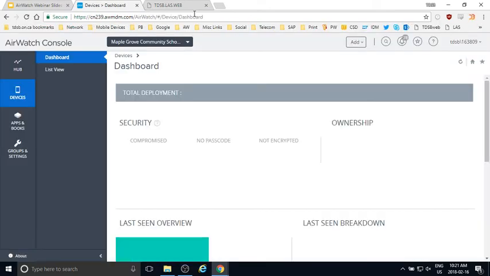So one thing to note is that AirWatch is not hosted here, so we don't have a server in the TDSB perimeter that's hosting AirWatch. It's actually a cloud service application, so it's out on the internet. So basically, anywhere from the web, you should be able to access the AirWatch web console, assuming you have a good network connection. I might actually be bogging down my network connection with this stream, so I wonder if that's got something to do with it. There we go. Okay, finally.